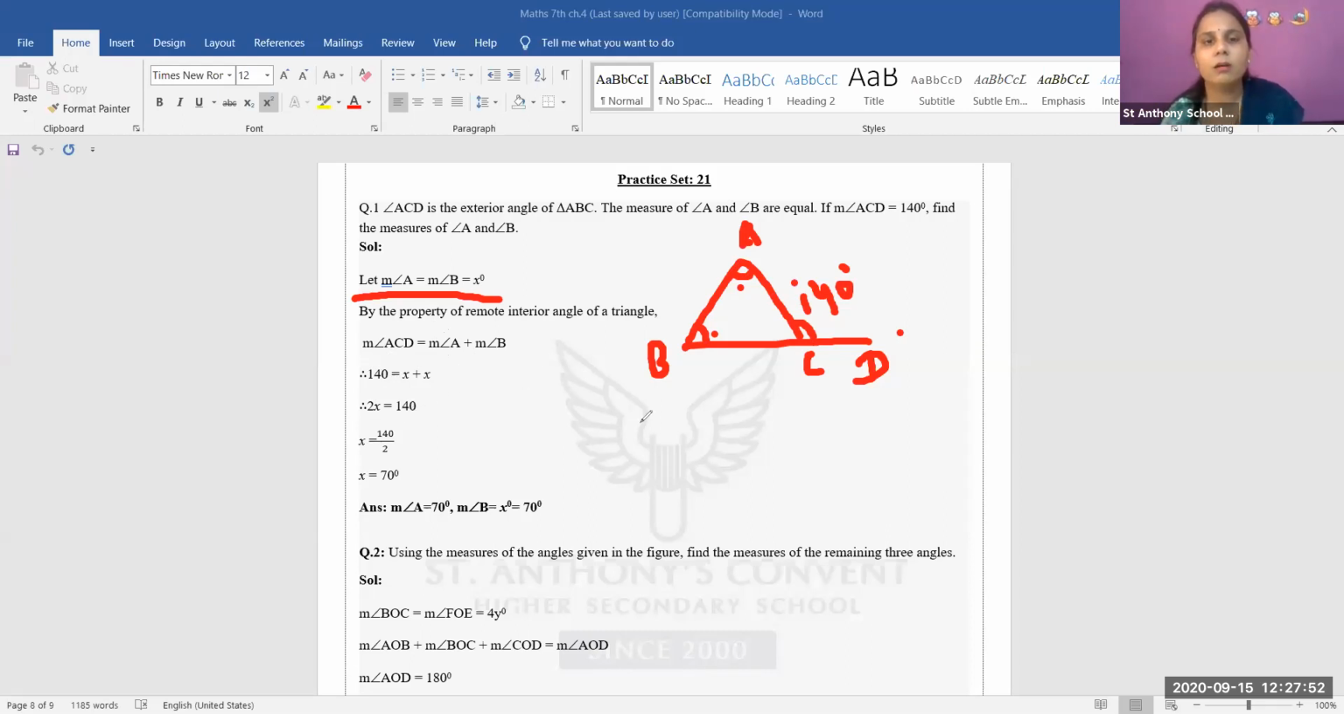See everyone, measure of angle ACD by the property of interior angle. First of all, write down given. What is given? Measure of angle A is equal to measure of angle B. Consider it as x because we don't know the value of angle A and angle B, right? Now, by the property of interior angle of a triangle, angle ACD is equal to angle A plus angle B. Now, this 140, angle ACD, is equal to 140 remaining as it is, plus